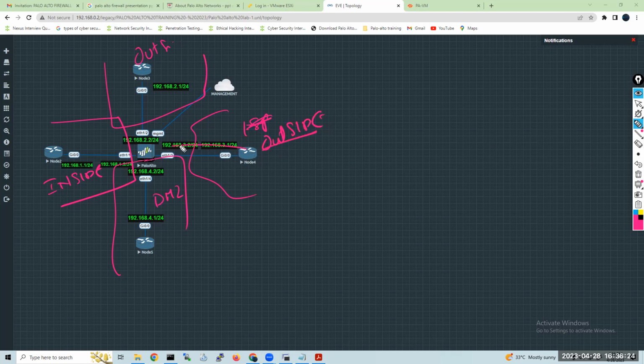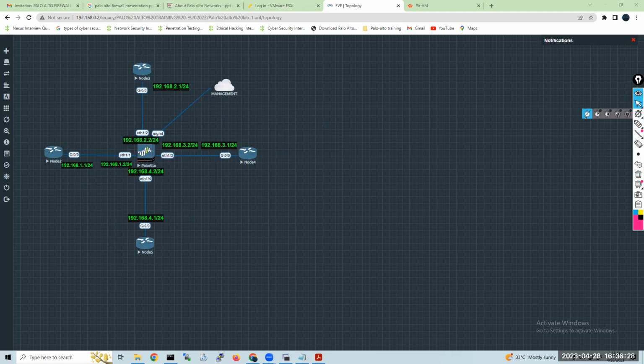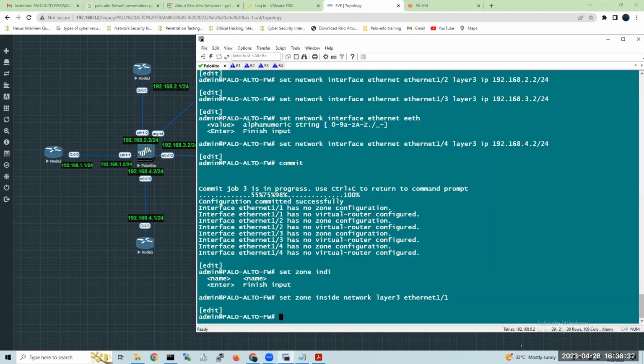Outside means the network which is coming inside, it is not secure. So this is the inside, right? Now same thing.